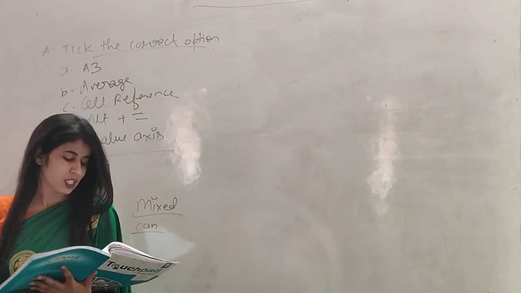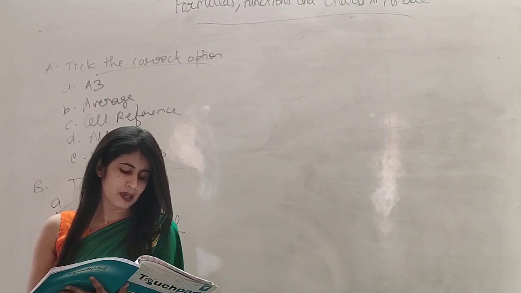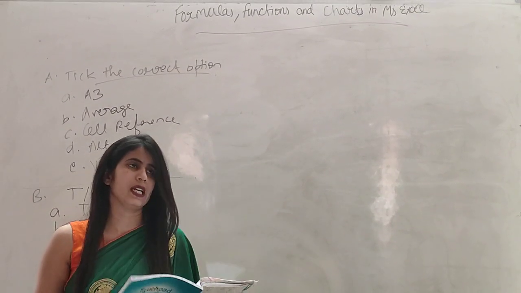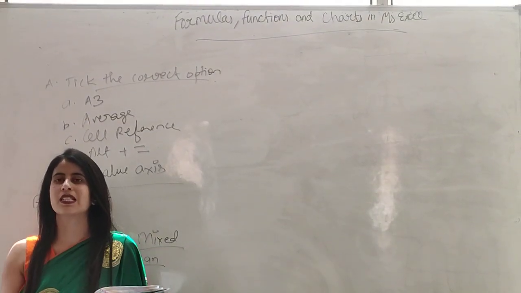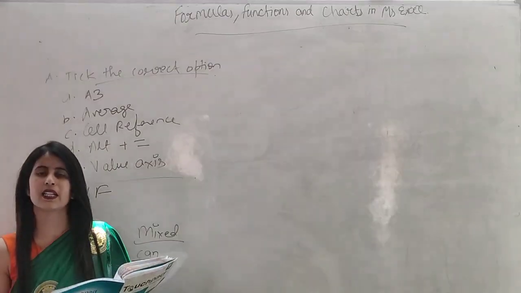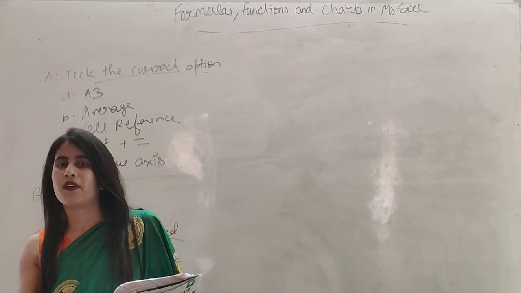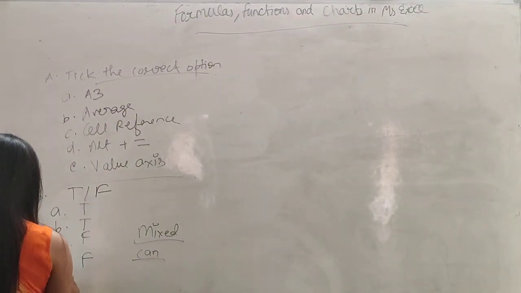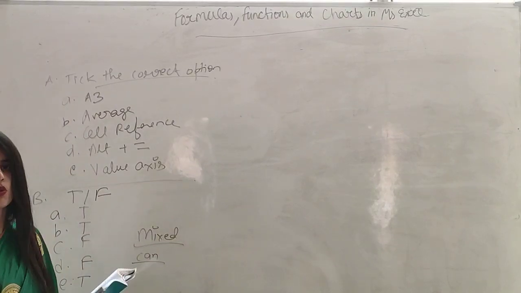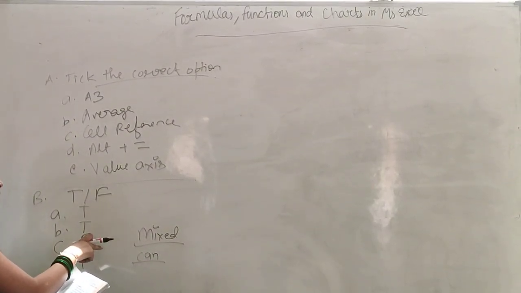Okay. The next one is, Excel calculates consecutive operators with the same level of precedence from left to right. It means that if we are getting the operators consecutively, continuously, then we will evaluate the result from left to right. It is the rule, and it is true. Okay, so the true false statements are: first true, second true, third is false,